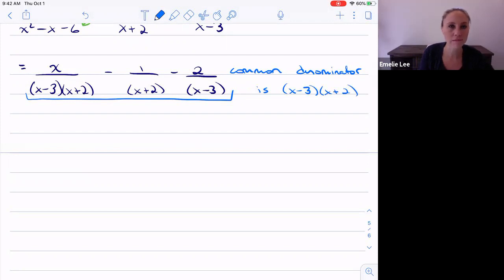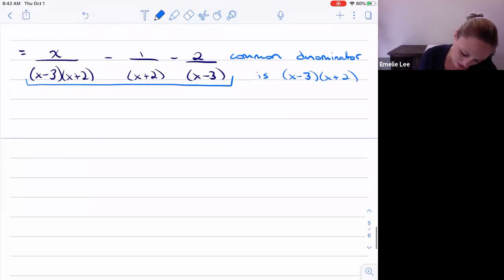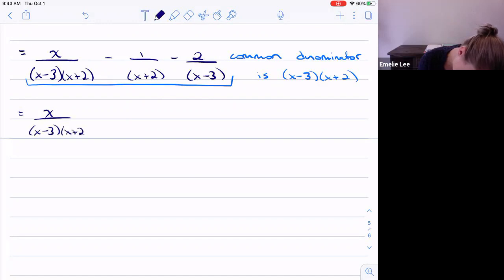So what I need to do is multiply the second term. This one is already over the common denominator, so the first term is fine. The second term I need to multiply by x minus 3 to get to that common denominator. And the third term I need to multiply by x plus 2 in order to get this common denominator. So what I get is x over (x minus 3)(x plus 2) minus 1 over x